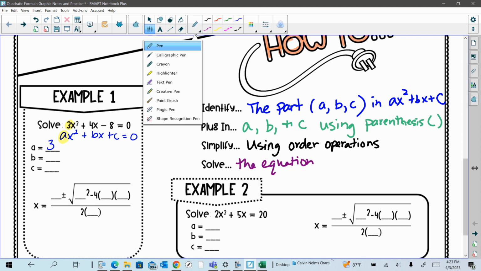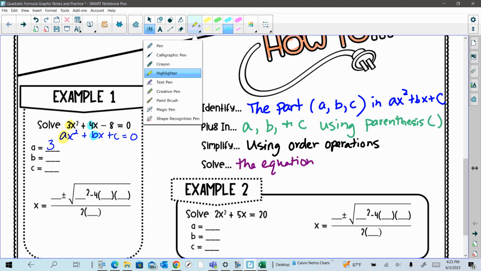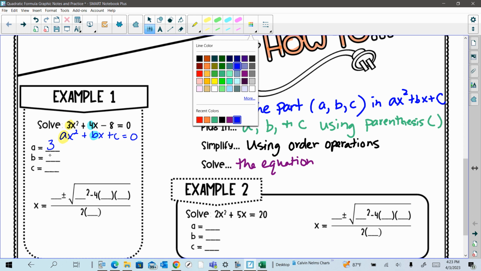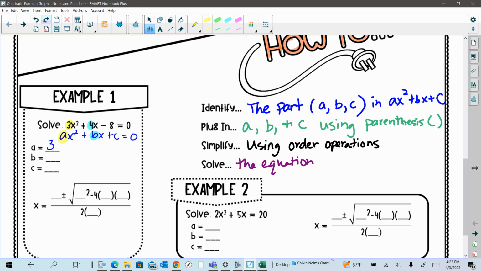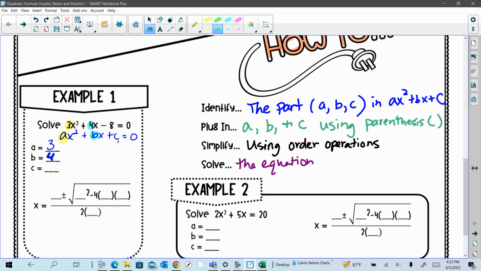Then I can line it up and I can see that my B coefficient, what's in front of x, is our 4. Oops. Supposed to be in a pen, sorry. So B equals 4. And then our C, this term here, our constant in our standard form, is the value here. Don't forget your sign, because we have a -8, that lets us know we're going to have a -8